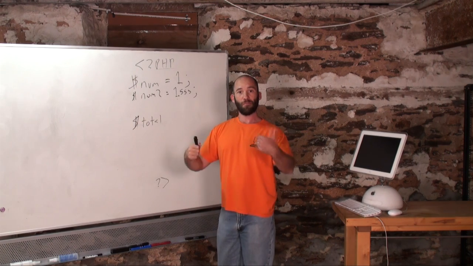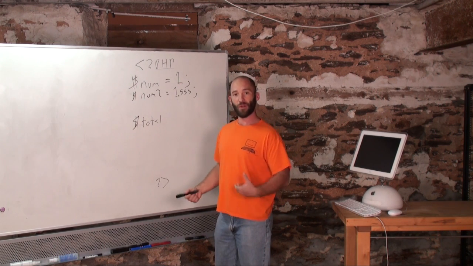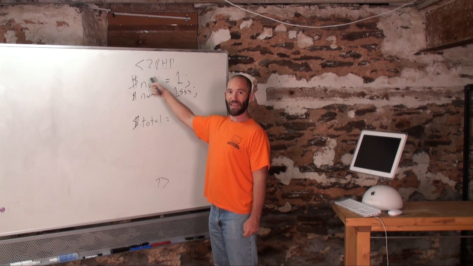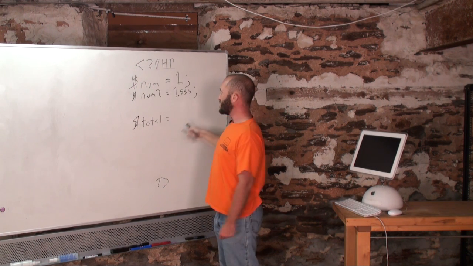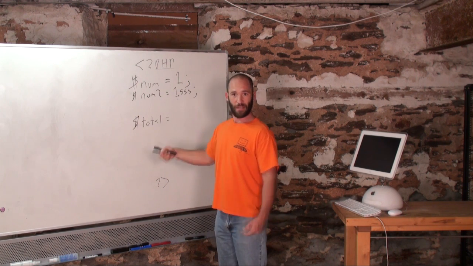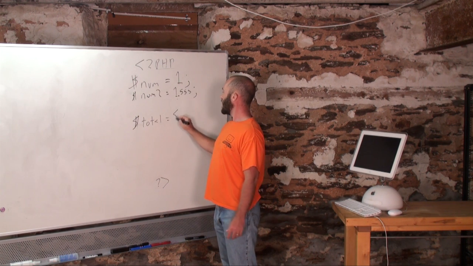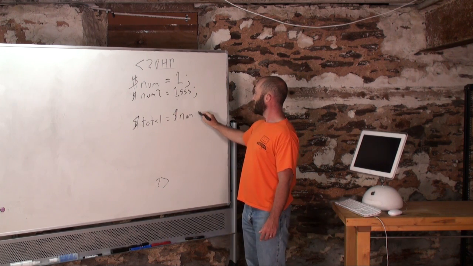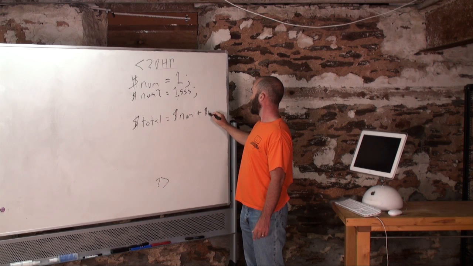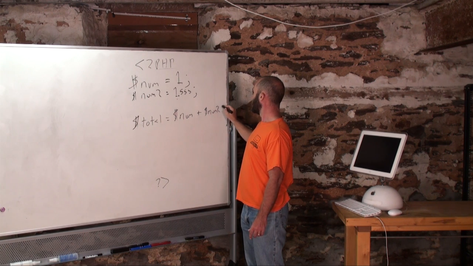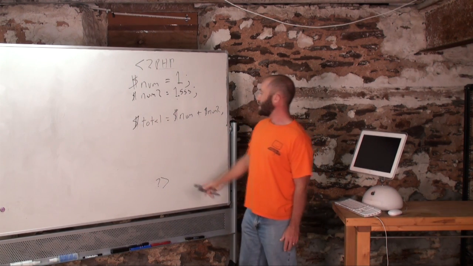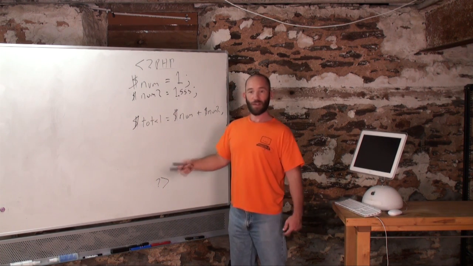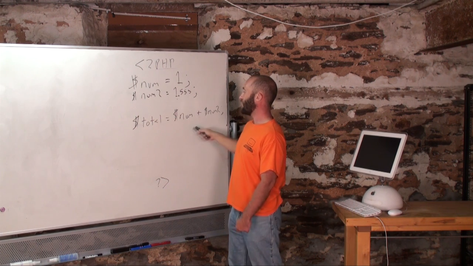And then you use basic math just like you would anywhere. So all you do is, again, we're always going to feed it variables, and the value of the variable is going to be substituted to do what we need to be done. So what we can do is $num, and if we want to add these together, all you do is plus $num2 semicolon. So what this means is that total equals num plus num2, which means 1 plus 1.555, which means